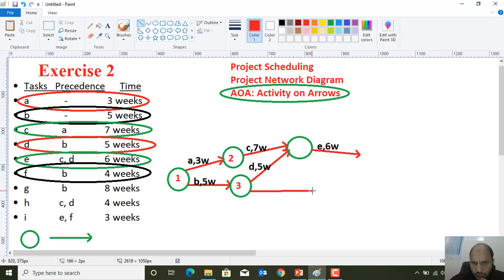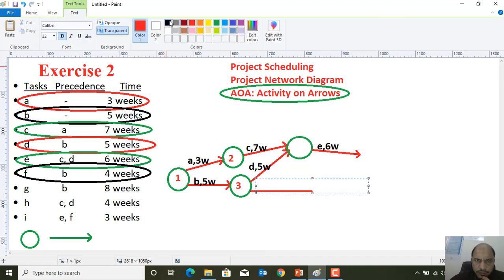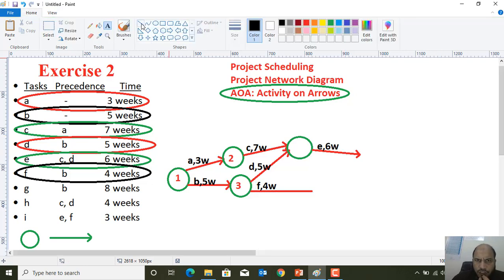Okay, I will do over here. This is the F activity. And how much is the duration of F? It is 4W. Duration for F is 4W. Okay,